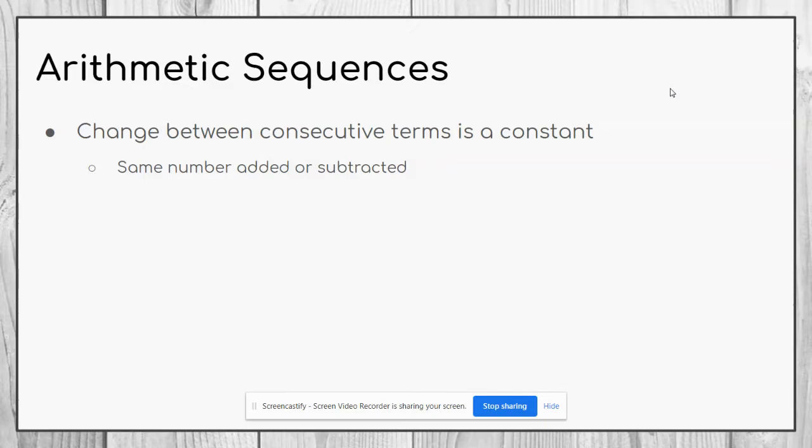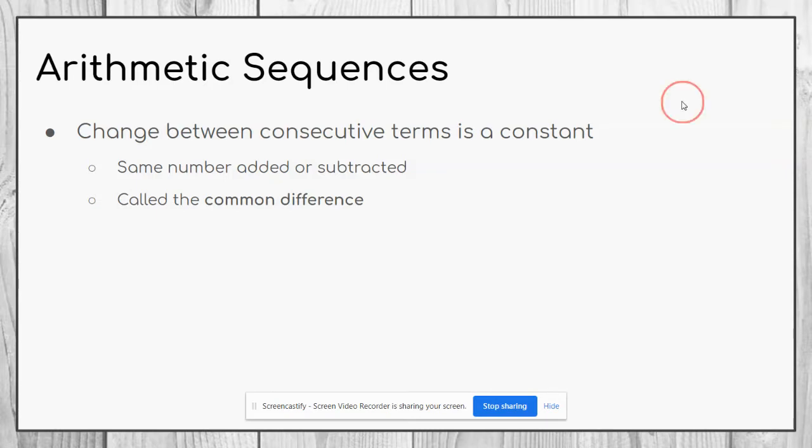So I could see a pattern of plus 5 or minus 2 or plus 13. So whatever number I'm adding or subtracting is going to be the same number that I add or subtract through the entire pattern or sequence of numbers. That number is called the common difference. We already added that vocabulary term last week, but we're going to just remind ourselves that very important number is